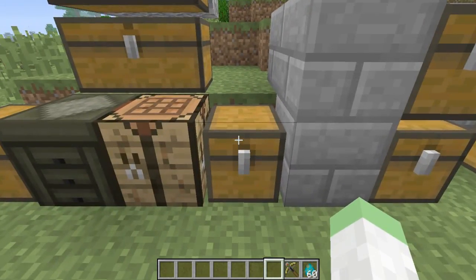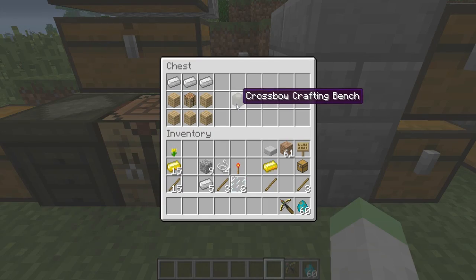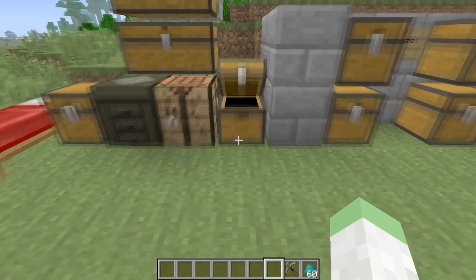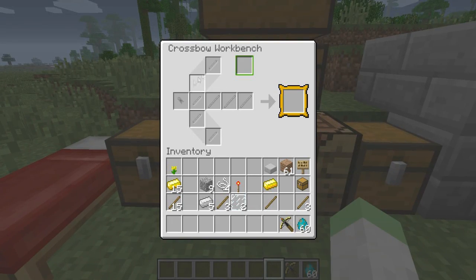So we're going to get started with the most important one, the crossbow crafting bench. And you just take some iron, throw some wooden planks and a crafting table in the middle, and you get that. And this is what it looks like when you open it up,